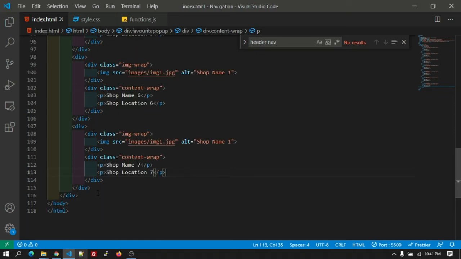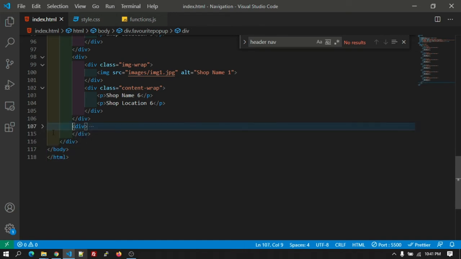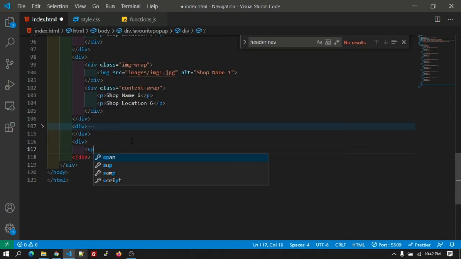So till now we have added the dummy shops, and after the parent, right? So in the bottom we should give one more div, and inside that let's create a span, and inside that let's add an anchor tag. There will be a button.